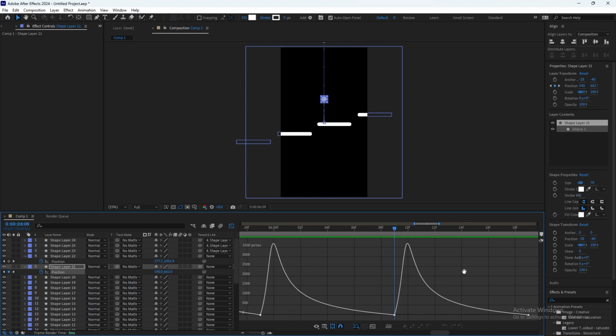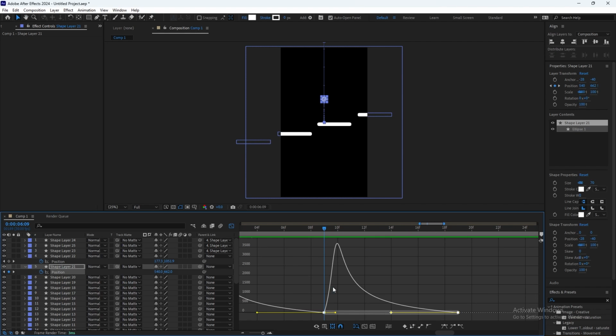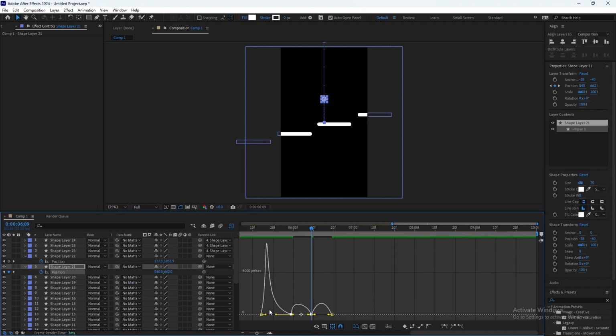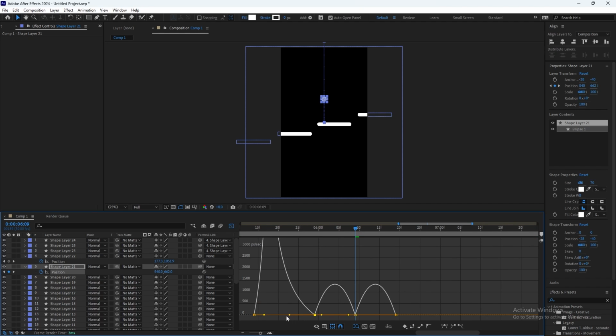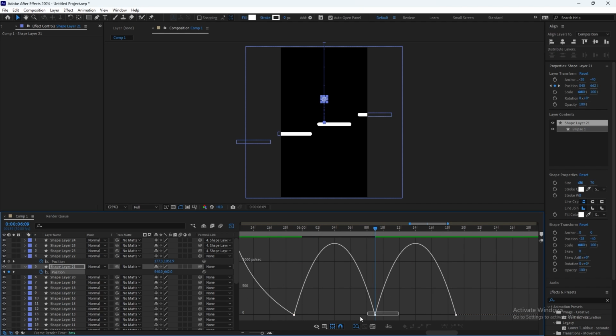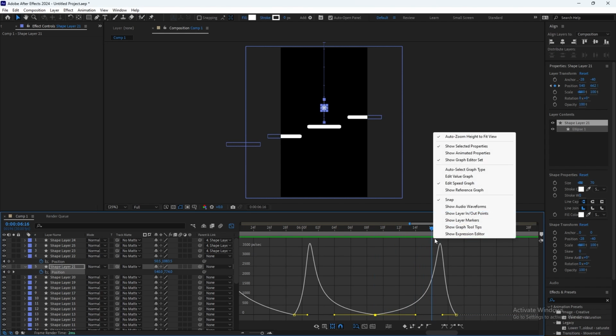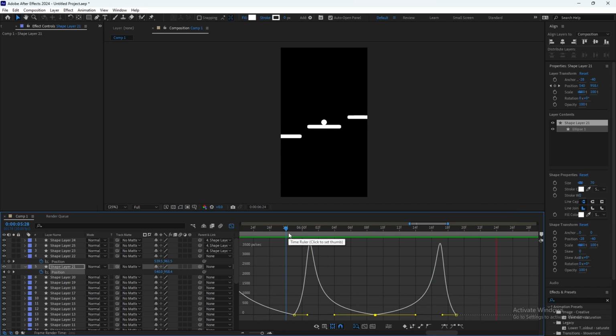And then once it goes back down, you know what, let's reset both of them. Okay, so when it hits the floor, it needs to go up fast, slow down at the top, and then go back fast once it gets momentum.